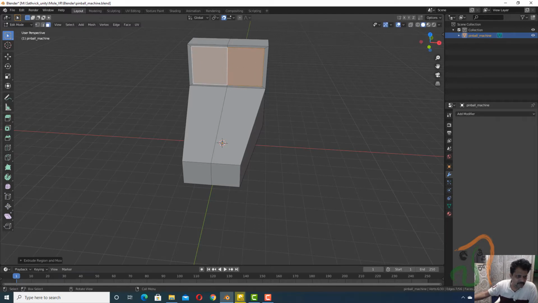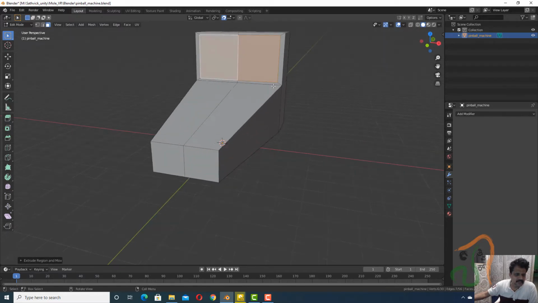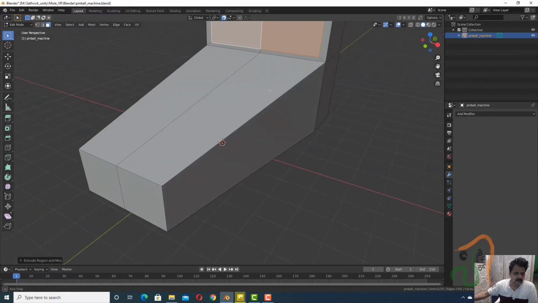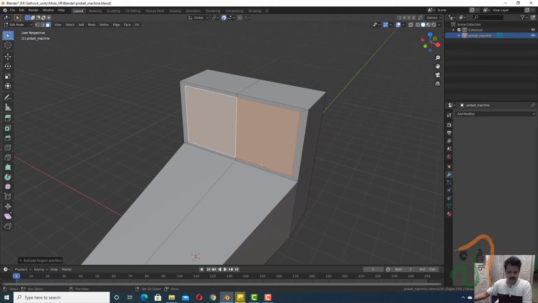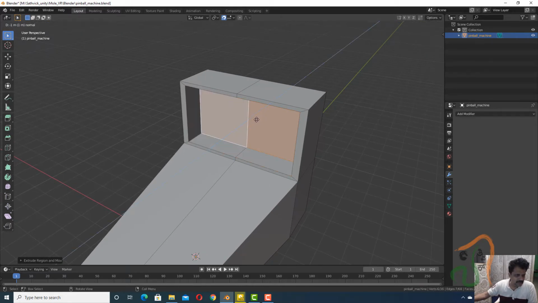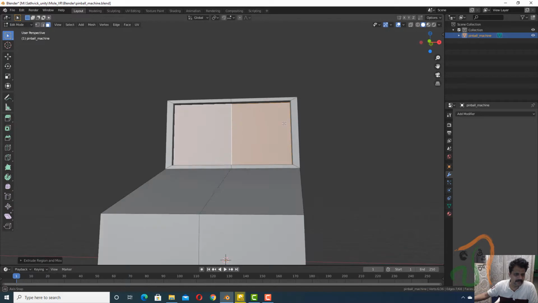Okay, fine. After scaling, press E and just move it in. Press shift tab to remove the snapping and slightly move it inside. After we move it inside, we have created the depth like this.